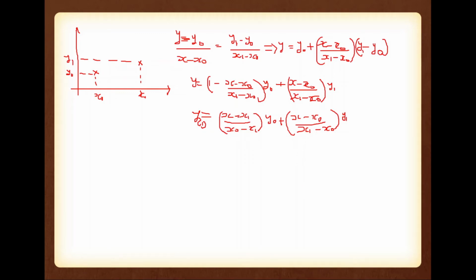It has 2 elements. This is the first element and this is the second element. If you have 2 data, 2 elements are there. The first element has y0, the second element has y1. Corresponding to y0, we have one numerator and one denominator. The numerator is x minus x1 and the denominator is exactly similar to the numerator, the only difference being that x is replaced with x0, where x0 is the element of y0. Similarly, corresponding to y1, we have (x minus x0) divided by (x1 minus x0). Corresponding to y0, you can't see x0 in the numerator. Corresponding to y1, you can't see x1 in the numerator. Okay.